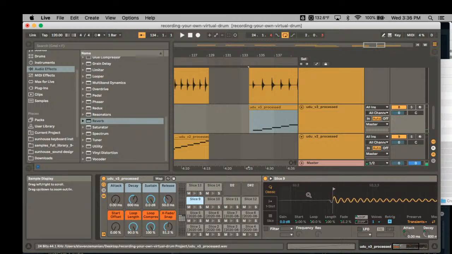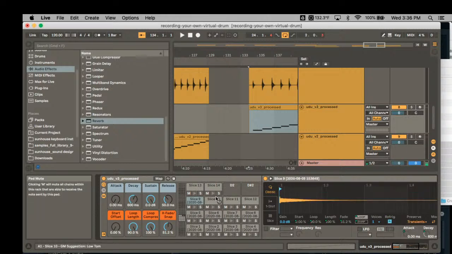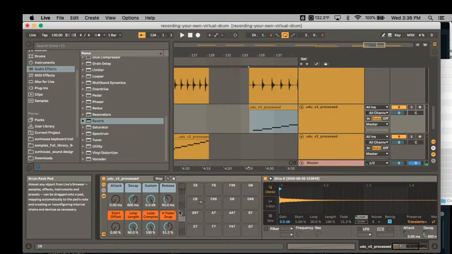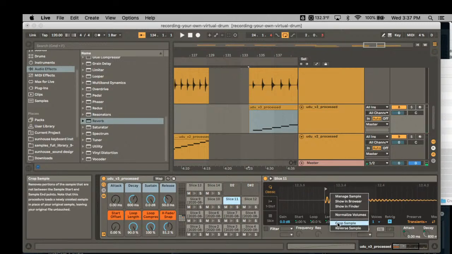That one missed the transient as well. And crop sample. I actually lost count. Whoops. 1, 2, 3, 4, 5, 6, 7, 8, 9. Okay, let's say this last one. Well, okay, I like that one better. Okay, and then